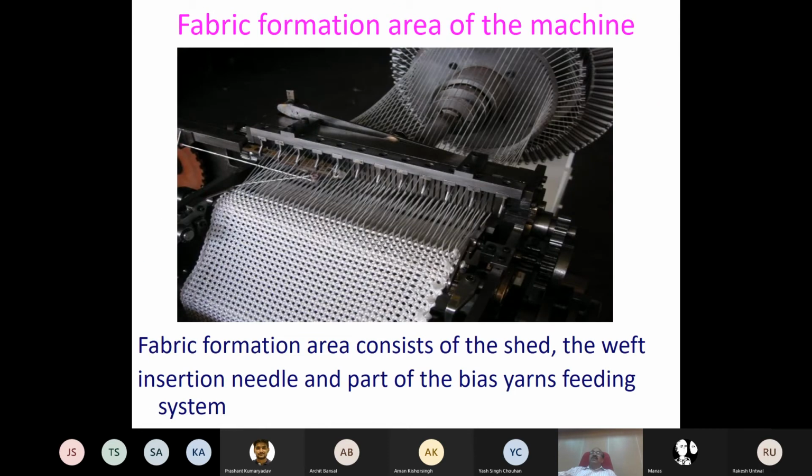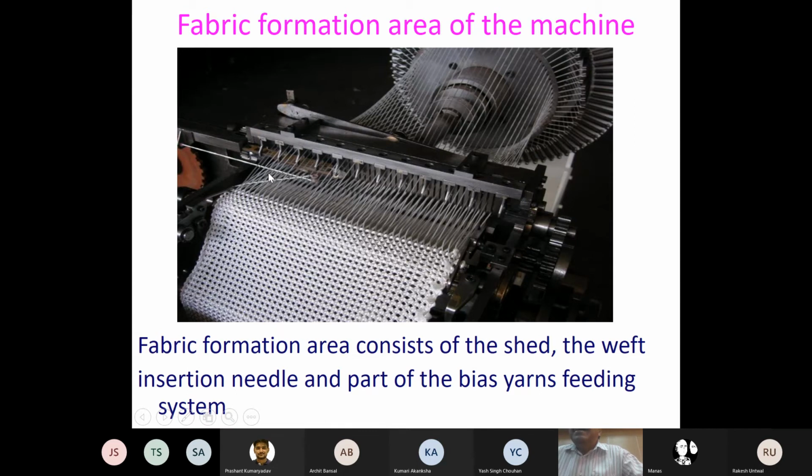So look at how weft is inserted in this machine. It is the same one. So you can see here there is a needle. It carries weft yarn from a creel kept on the left hand side, and it is inserted through this thread. When this needle arrives at this end, there is a stopper or catcher here which will catch the weft yarn.